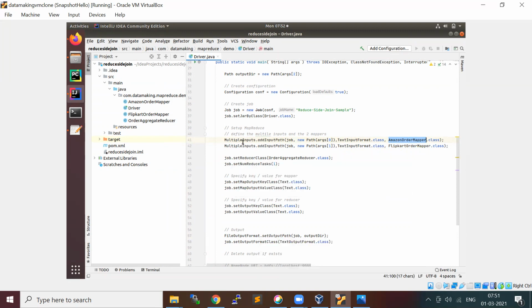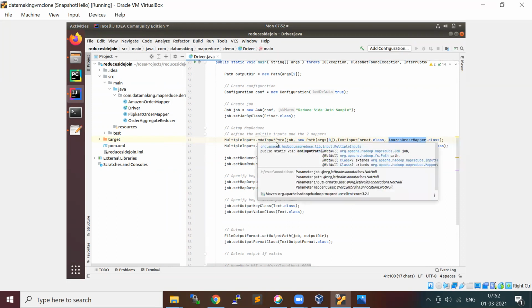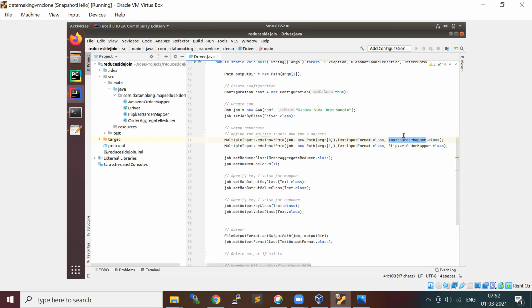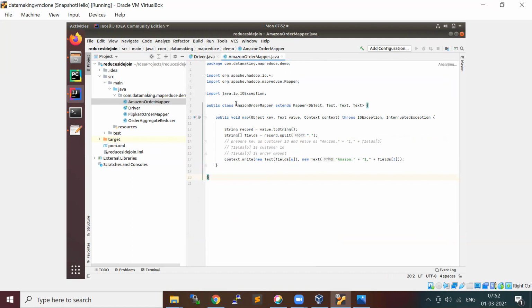The only thing is here we are going to handle our input data sets separately on different mappers. That's why you need to provide it like this. Similarly for Flipkart also, I'm just passing the path and the respective mapper class. So when we come to the Amazon mapper class, again just loading the respective import statements of classes, and